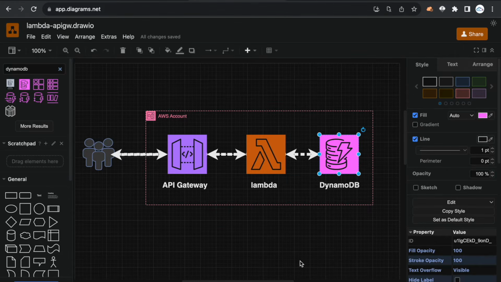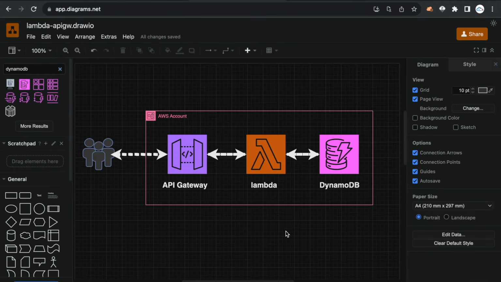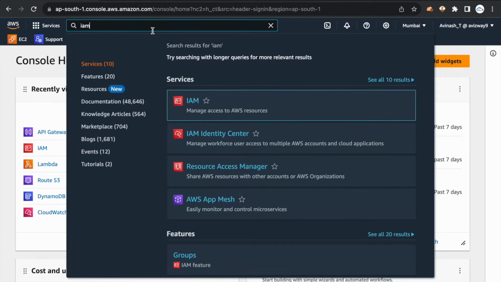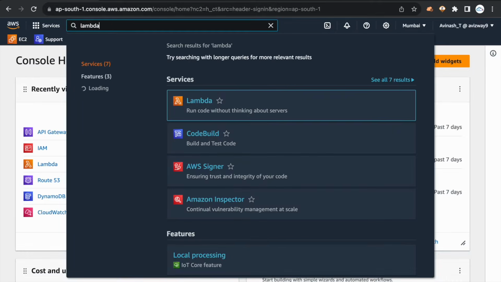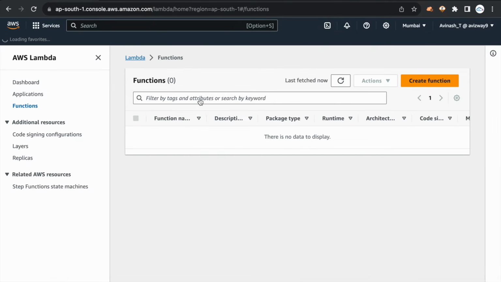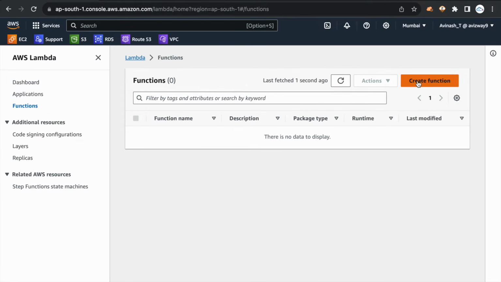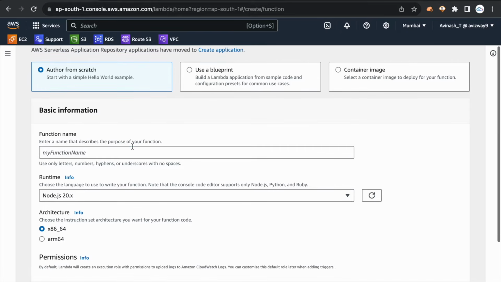Now as a first thing, I'm going to create a Lambda function and then I'm going to create a DynamoDB table. So first let's go to Lambda, select Lambda and click on create function. And this function name you can give any. I'm going to call this